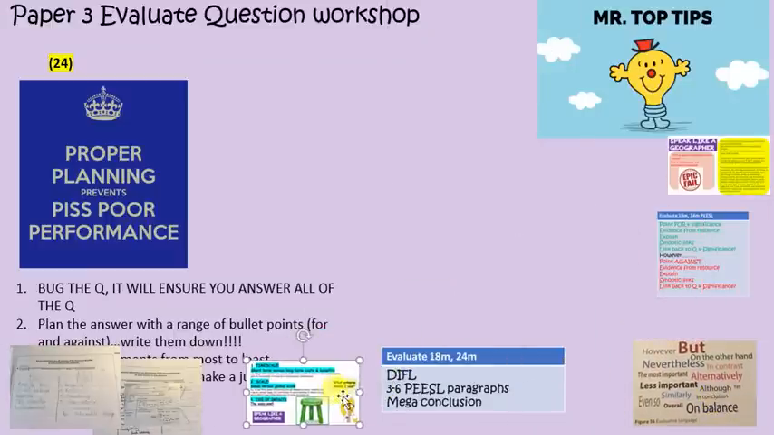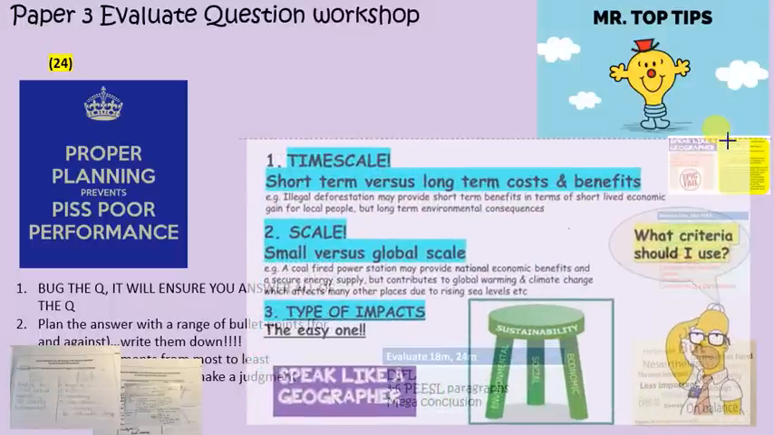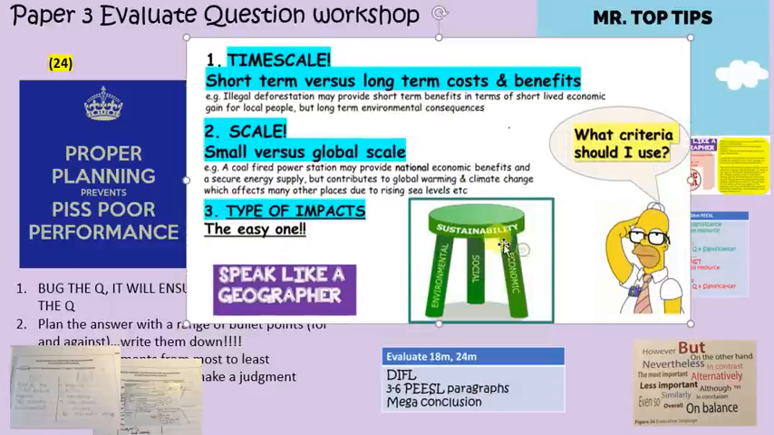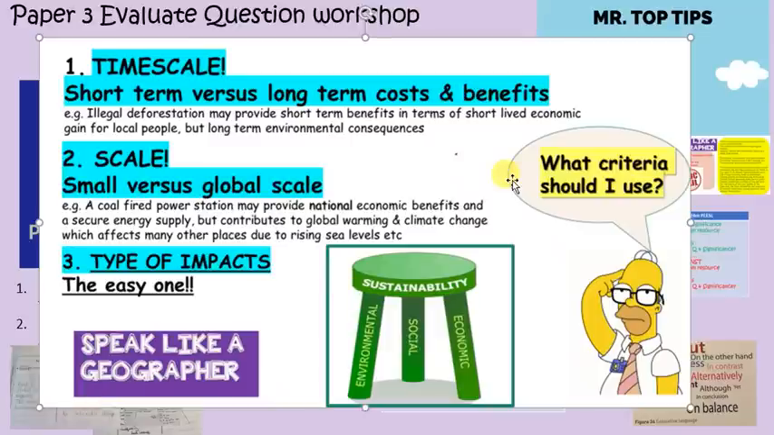How do we evaluate at a high level, at A level? What we don't do is, we've got to speak like a geographer. So we don't say things like, this is good because, this is bad because. It sounds like primary school stuff, doesn't it? So what criteria can we use to evaluate something? One, time scale. So short term versus long term. I've put an example: illegal deforestation may provide short-term benefits in terms of short-lived economic gain for local people, but